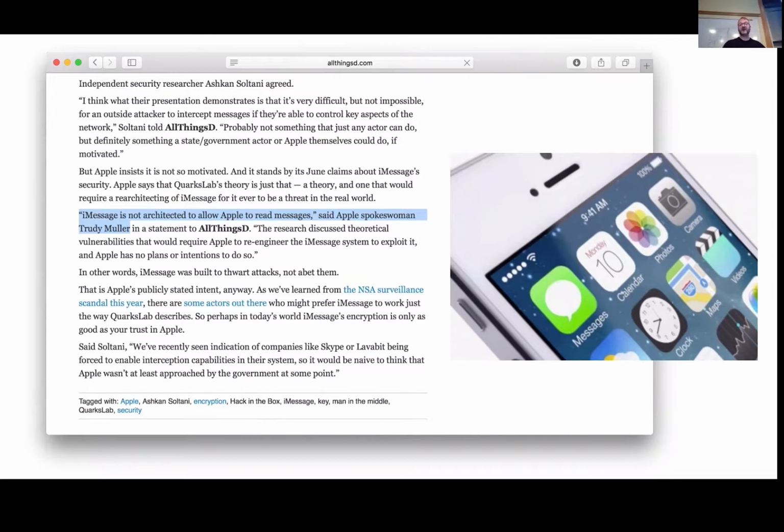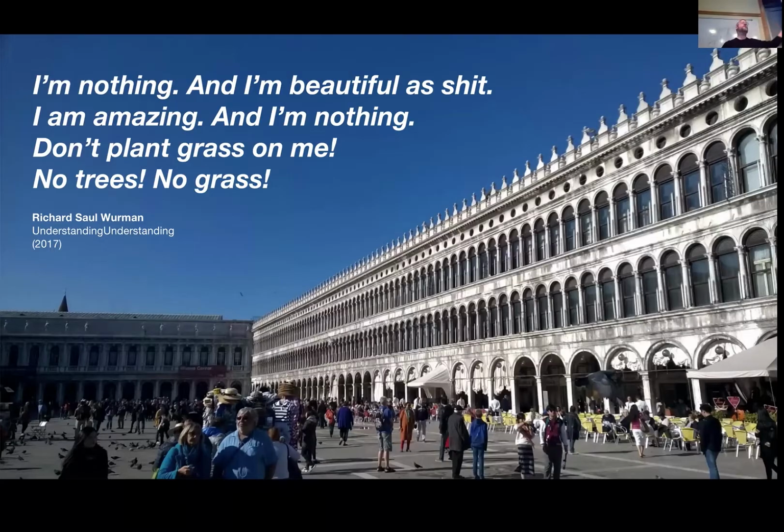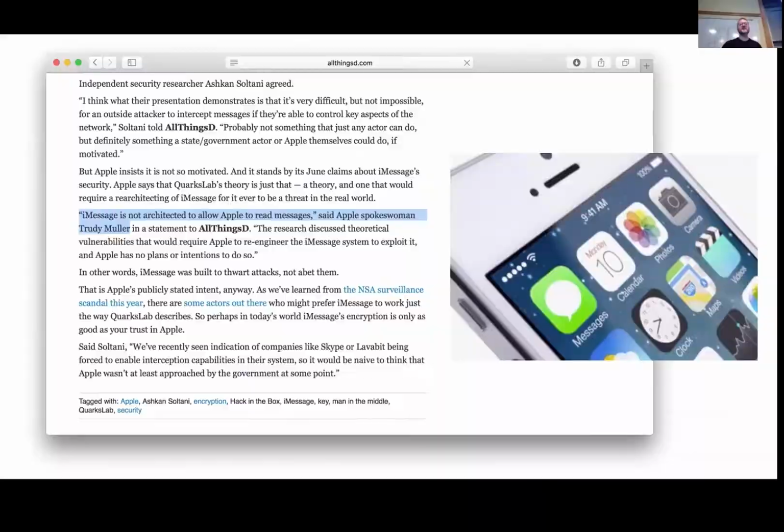This is saying it's architected. This is saying this whole world is set up in a way that some things are going to happen and some things aren't going to happen. You're not going to design your way into reading these messages. It just can't happen because of how it was architected.